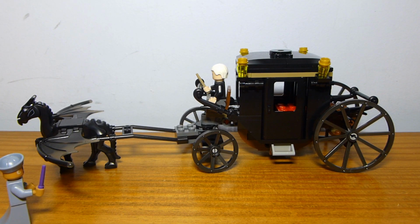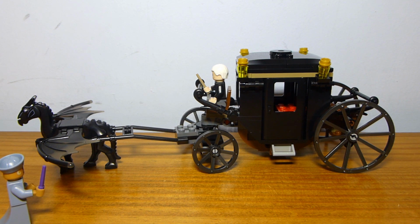Overall, I think that the contents of what we get here are pretty good. They're a little bit simplified, which is weird to me, as this is probably the simplest build of all the Harry Potter sets, and it feels like the one that's most targeted towards younger kids. But I feel like it's weird that the one Crimes of Grindelwald set that we've gotten is the one that's most kid-targeted. Just as, I don't know, I feel like Fantastic Beasts is generally a little bit more mature than,